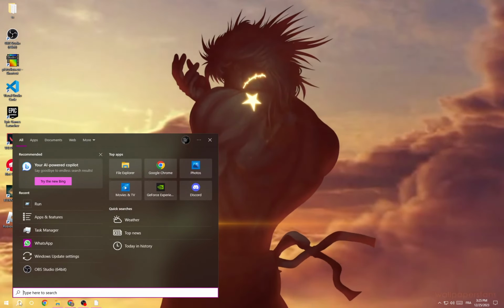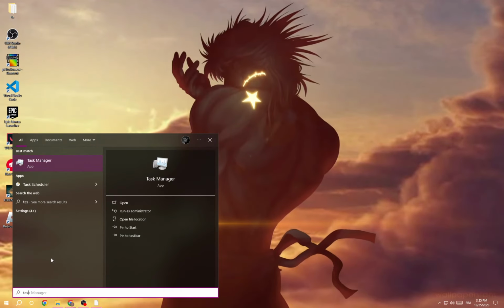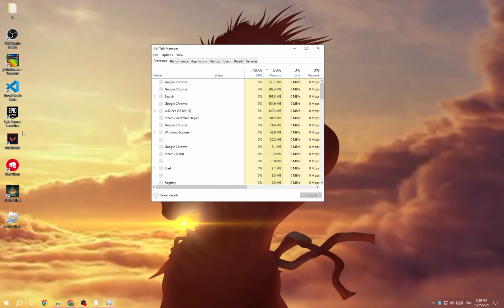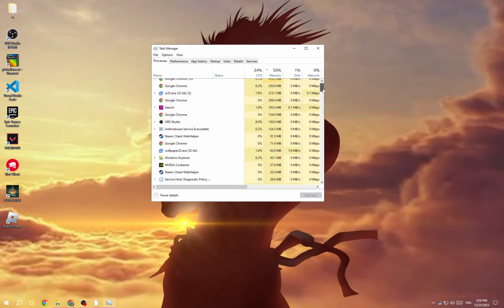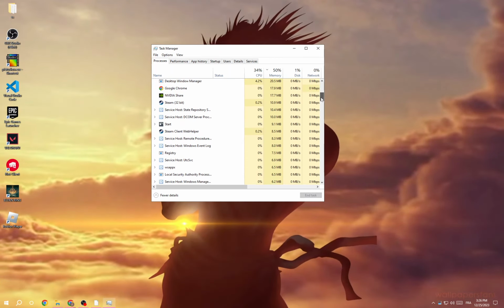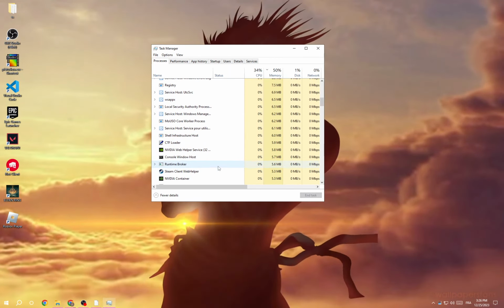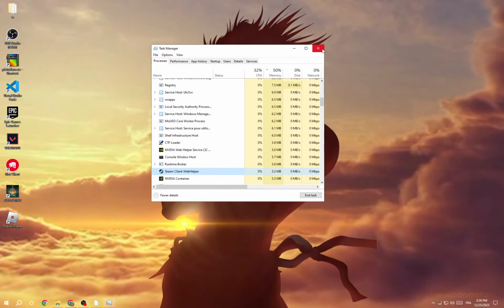First click here and then type task manager, and now once you're here make sure Roblox isn't running in your background, so just keep scrolling down, and if you find Roblox all you have to do is right click on it and click end task, and if you can't find it then all you have